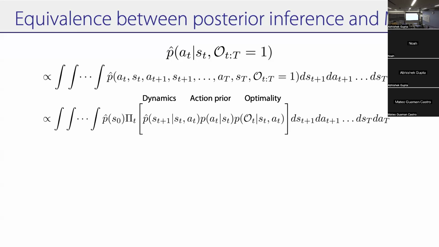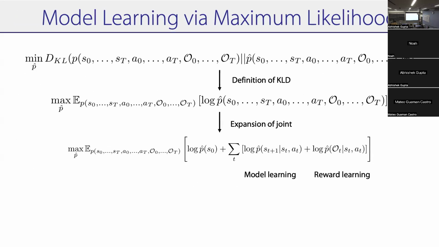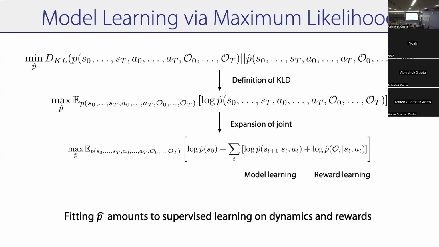The action prior is the same as the original action prior that you used to approximate. In your model learning, I think I might have missed a term. But in your model learning, you should also have an action prior learning term. There should be a term that fits log p hat of A_t given S_t. So it's basically the likelihood of sampling an action from the data collection policy.